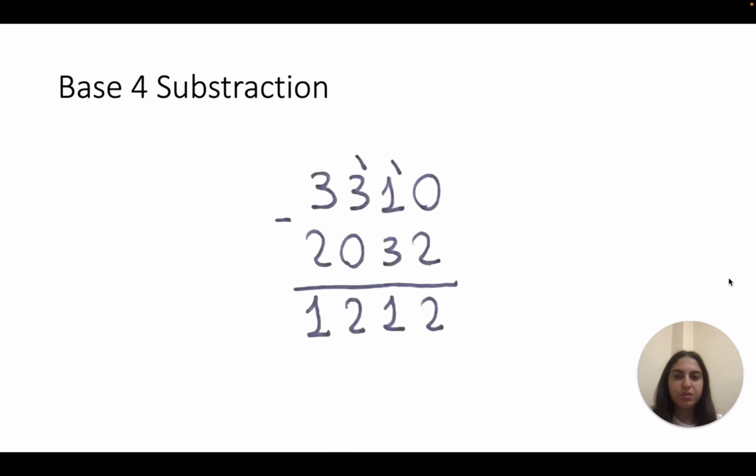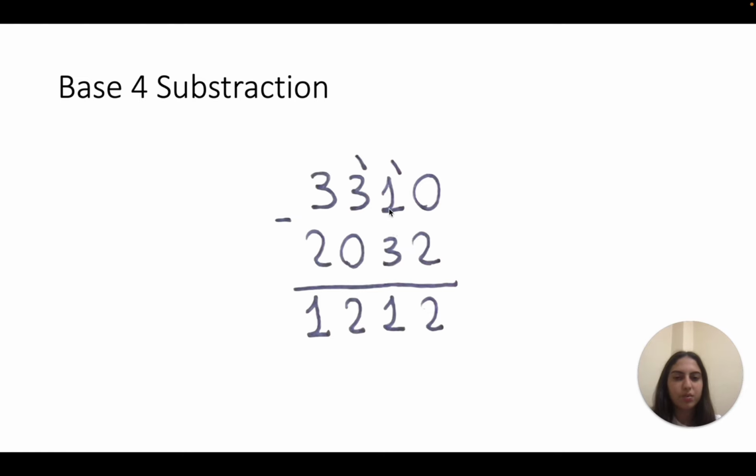Let's try another subtraction, but this time with base 4. So here are the base 4 numbers: 3310 minus 2032. Let's start from the right. So 0 is smaller than 2, that's why we need to borrow from the next column. And as I said, here we'll have 4, so it will be 4 minus 2, which is 2, and here we'll have 0,